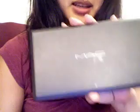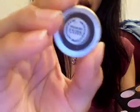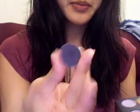So first I got a few shadows that come in the pan form that you can stick in this palette, and I posted a video on how to depot a normal eyeshadow, the ones that come in the plastic cases. But if you don't want to do that, you can buy them in the pan form already. One color that I got was Graphology in the pan form with the magnet, and this is a matte squared shadow. I liked it because it's kind of like a grayish purple. It's like a dark purple because